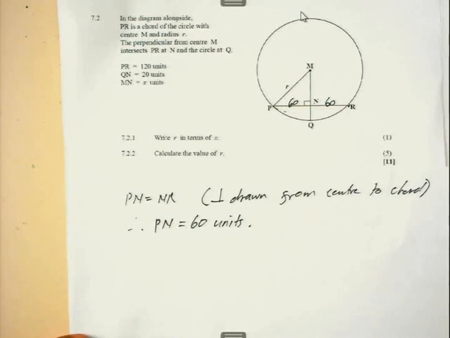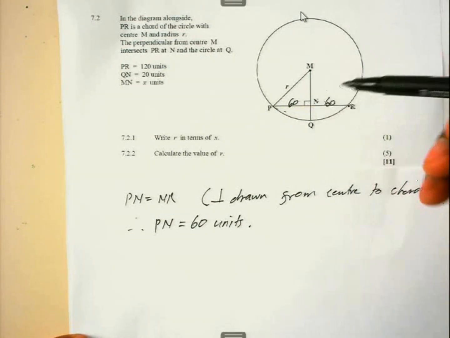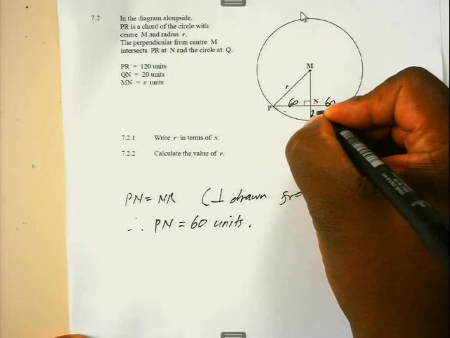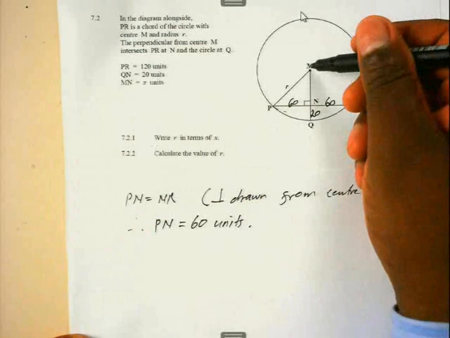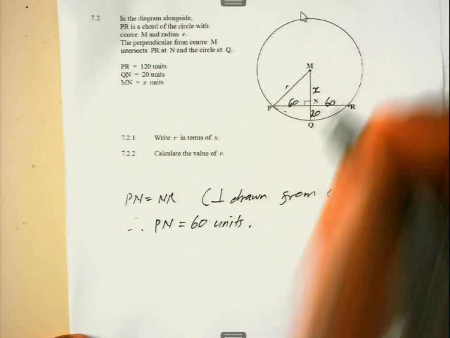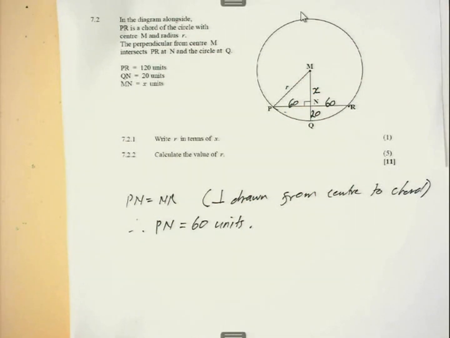QN is 20. What is QN? Check QN. QN, this distance here, is 20 units. And then MN is X. MN is X. Thank you. The first question,